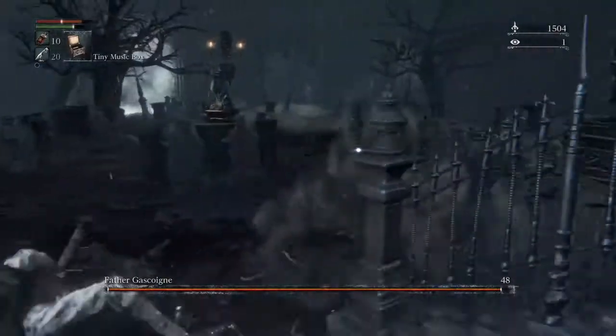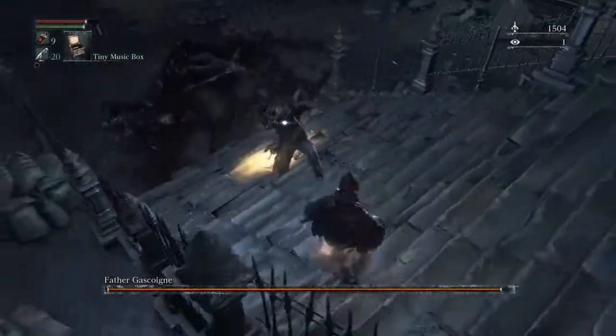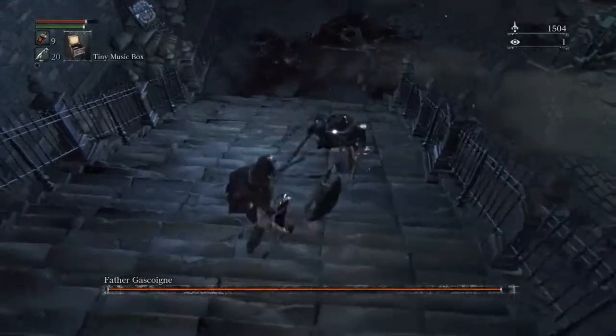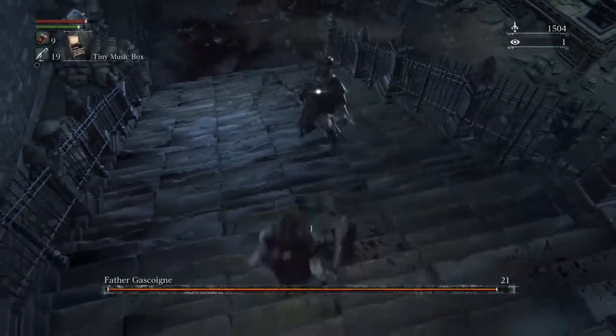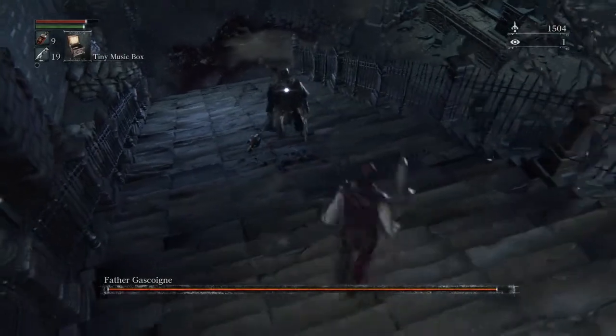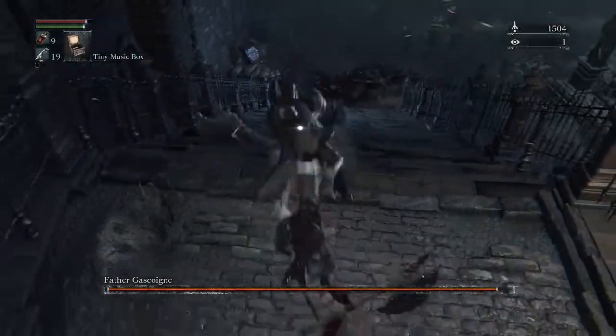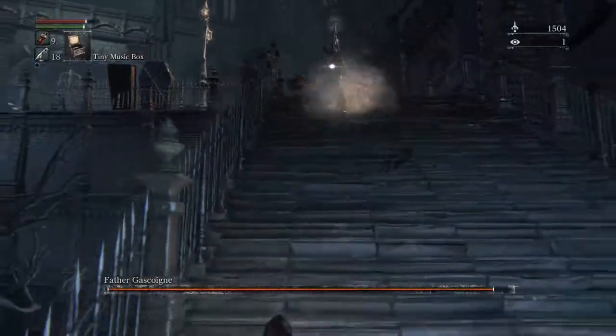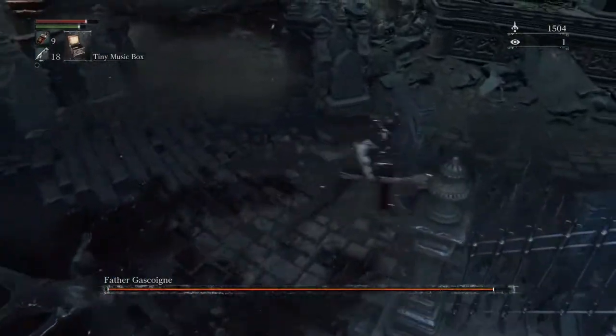And he does not stagger at all. He's like poised for days. But every one of his attacks stuns you. So, you know, come on, you bastard. So you pretty much got to try and get him to the top of the steps and then try to get him to...